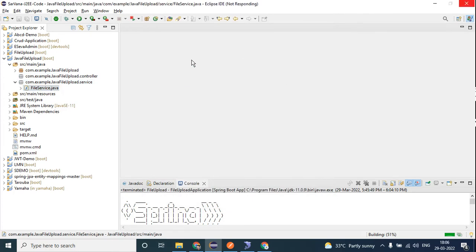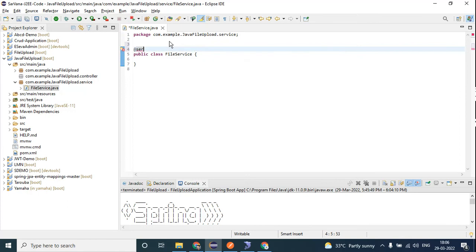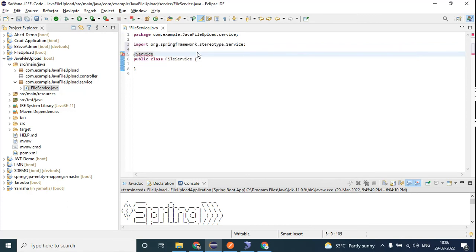The first thing I'm going to write is that I'm going to annotate with Service, and inside this I'm going to write a function, public void uploadFile. So this is my function, and inside this I'm going to add a parameter which is MultipartFile, which is an interface.